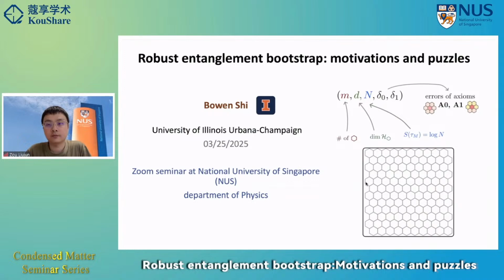Is also the topic today. In this entanglement bootstrap program, the goal is to use some entanglement structures in the ground state of a topological phase to extract the universal physics of the topological phase. Ever since this idea was proposed in 2019,